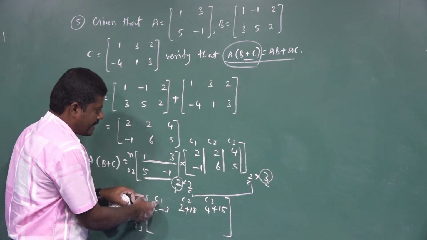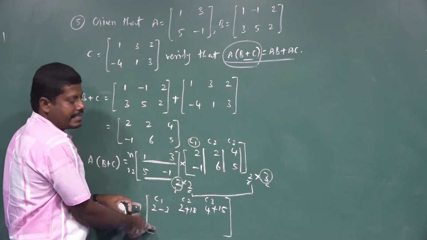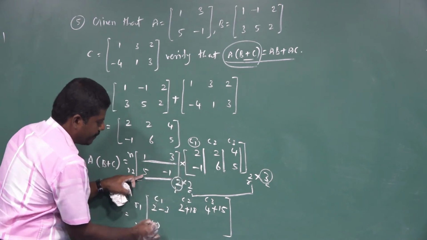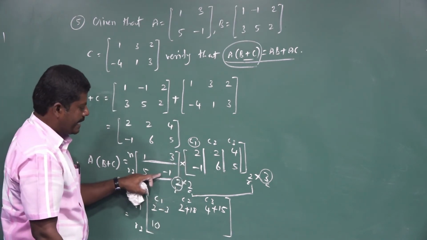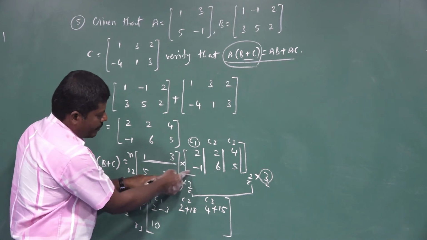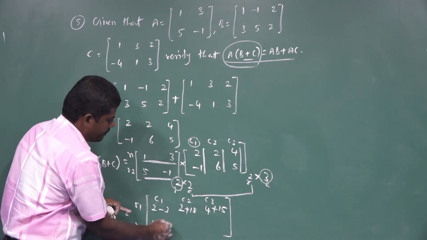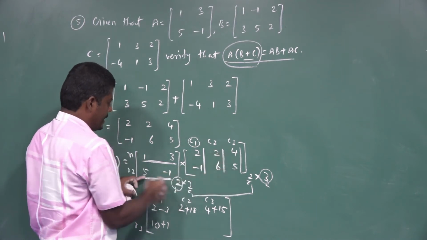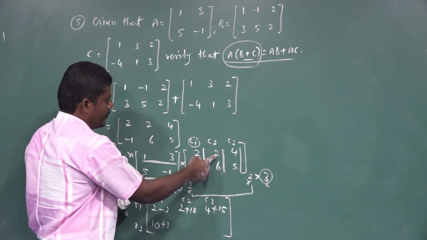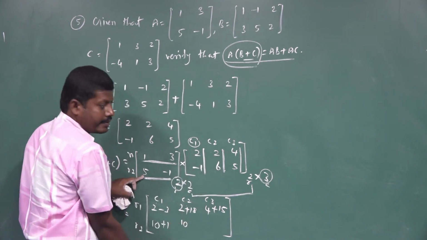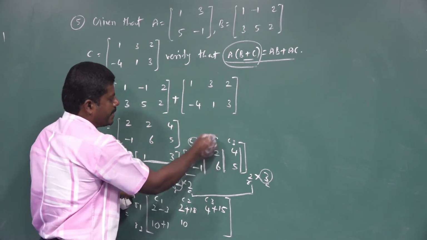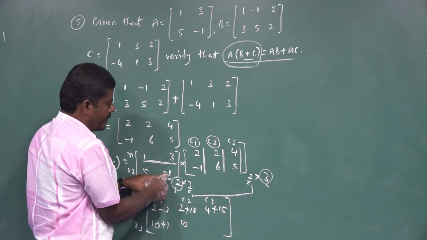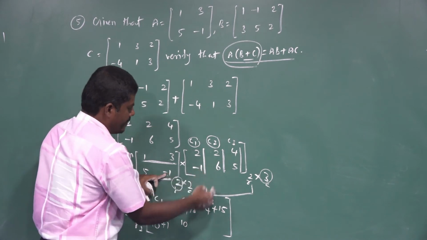Write your answer in the first column because you are multiplying the first column. Understand? So now, first value 5 multiply 2, 10. Take the second value here. Here also you take the second value. Minus 1 multiply minus 1, plus 1. Understand? Next, same second row, second column. You take the first value here. Here also you take the first value. 5 2s are 10. Understand? You write your answer in the second column because we are multiplying the second column now. Next you take the second value here. Here also you take the second value. Minus 1 multiply 6, minus 6.